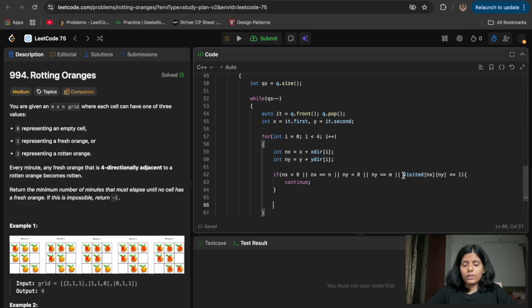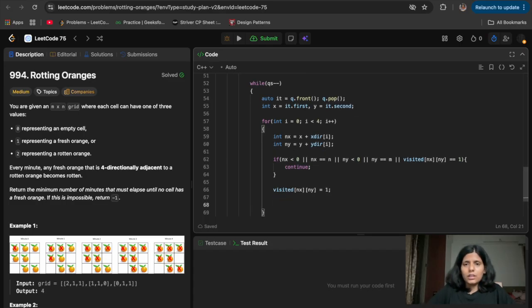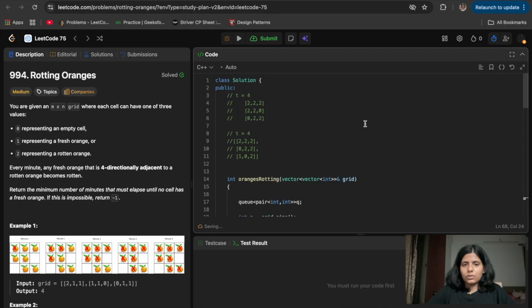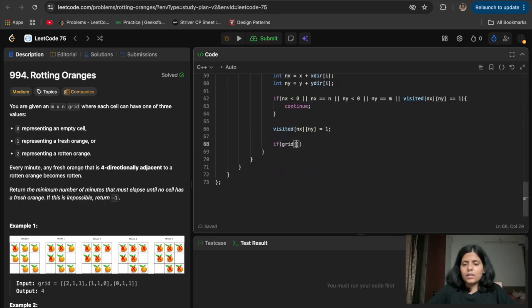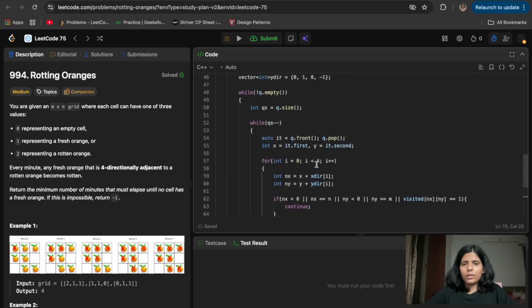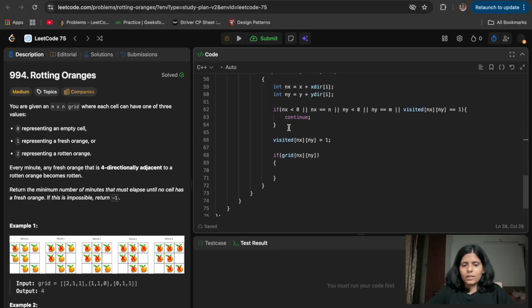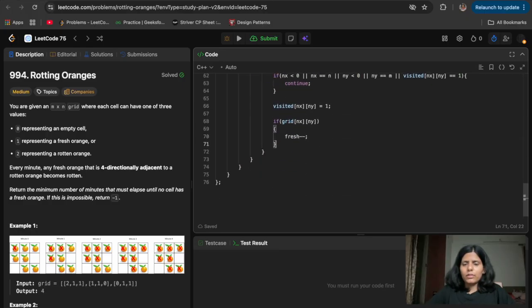So I will say, okay, I visited it, and if it is a fresh orange, like it was here in the grid, then decrease the quantity of fresh, and mark that as rotten, since this is rotten now, this equals to 2. And yeah, this is how we'll do.